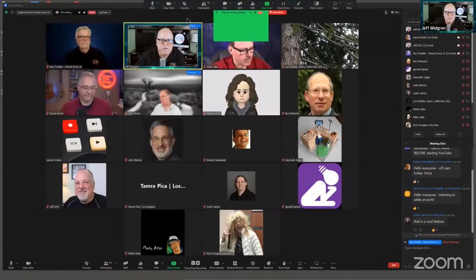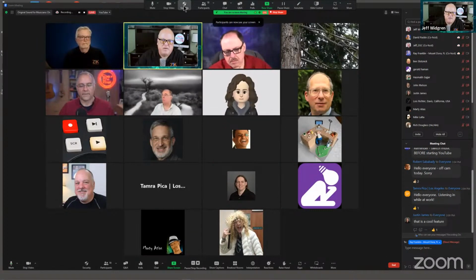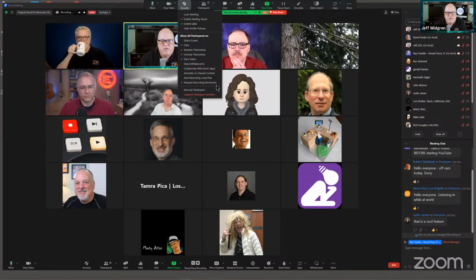And I'm going to share my Zoom window and just confirm with you that it is in the security badge, and it's right at the bottom. It's in red, and it says suspend participant activities. And with that,